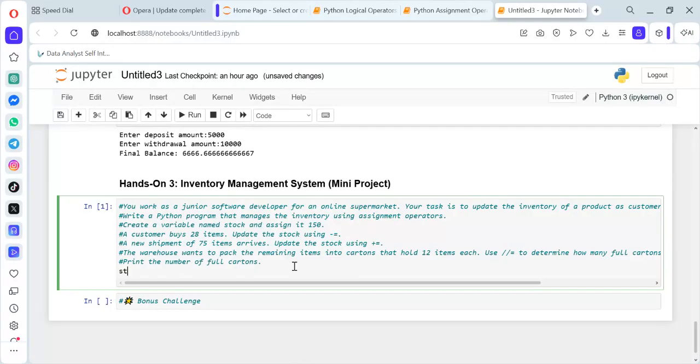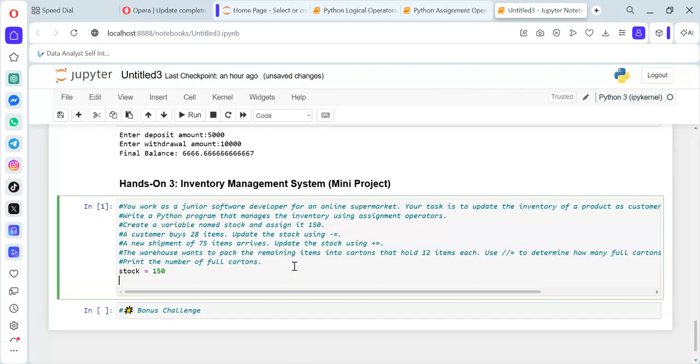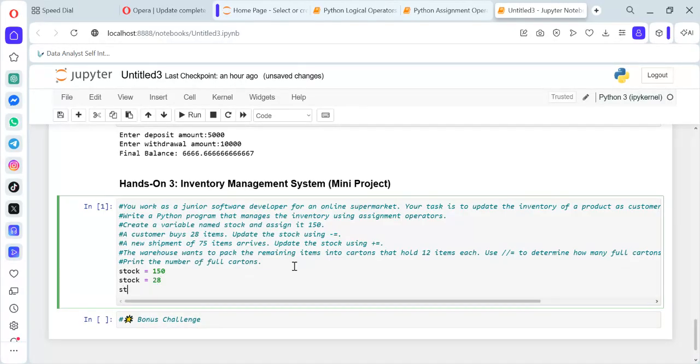So we say stock is equals to 150. That's the main stock. Stock is equals to stock minus 28. Okay, that's 28. Okay, stock is equals to